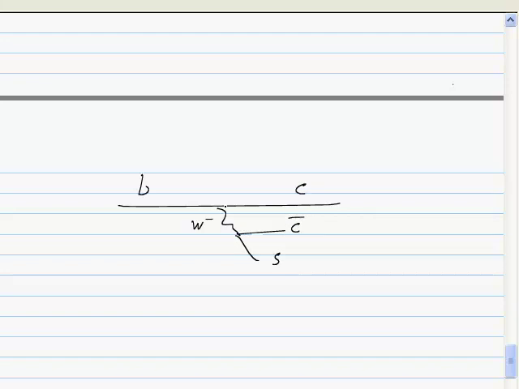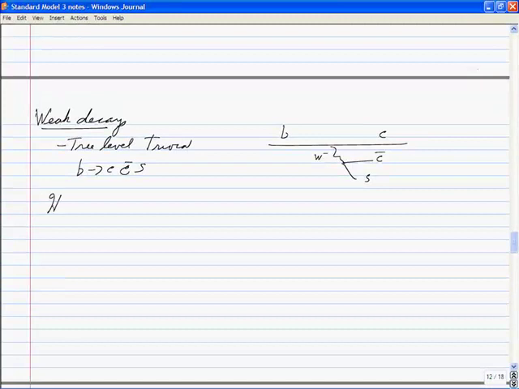This is a W minus. The interaction, the weak Hamiltonian, is G2 over 2 square root of 2 quantity squared, 1 over M_W squared,